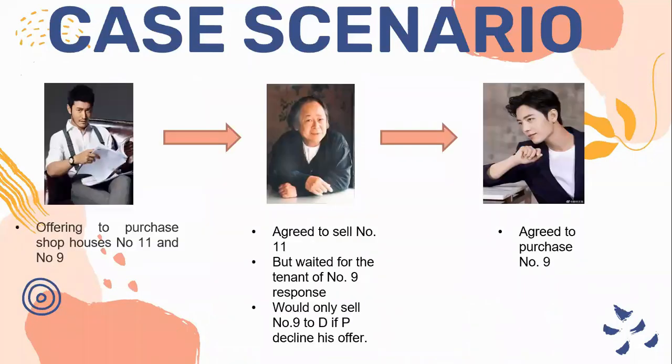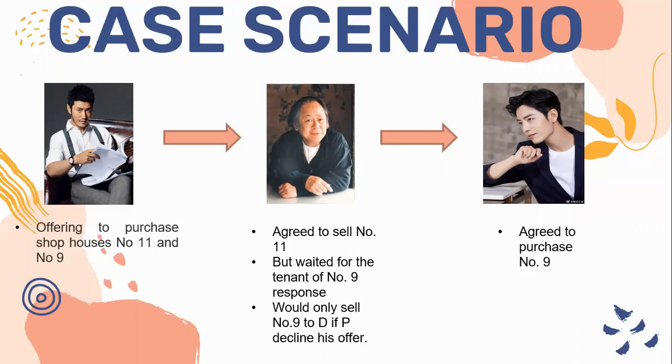According to Mr. Yi, the first defendant approached him, offering to buy over shop house number 11, of which he was the tenant at that time, and also the adjoining shop number 9, which was occupied by the plaintiff. Mr. Yi said that he was willing to sell shop house number 11 to the first defendant. But in respect of shop house number 9, he would have to offer it to the second plaintiff first. He would only sell shop house number 9 to the first defendant if the second plaintiff refused his offer. The second plaintiff turned out to want to purchase shop house number 9.